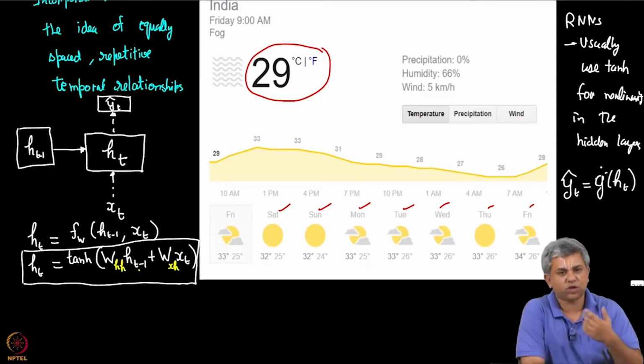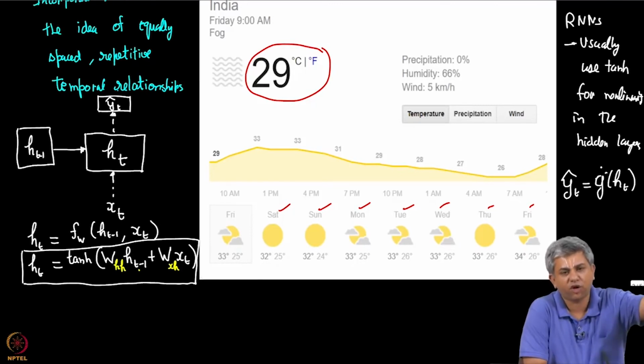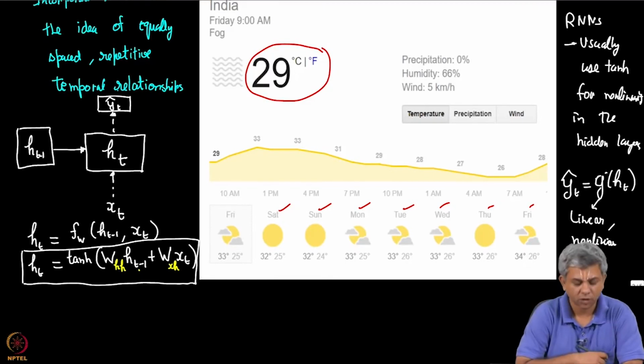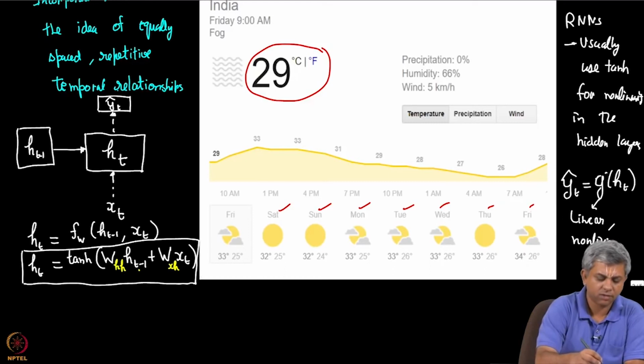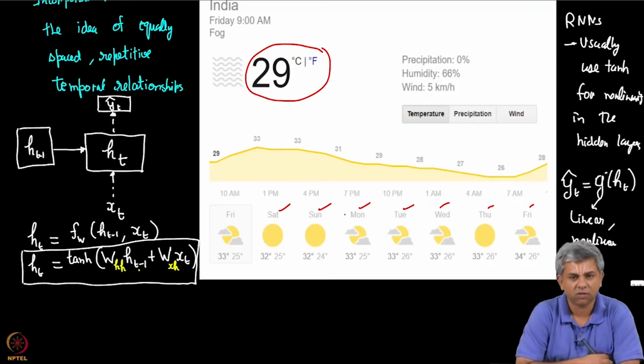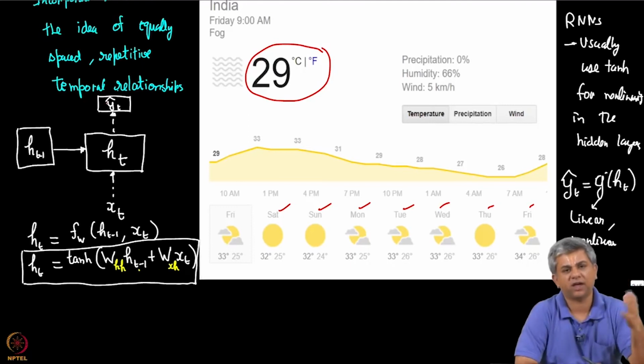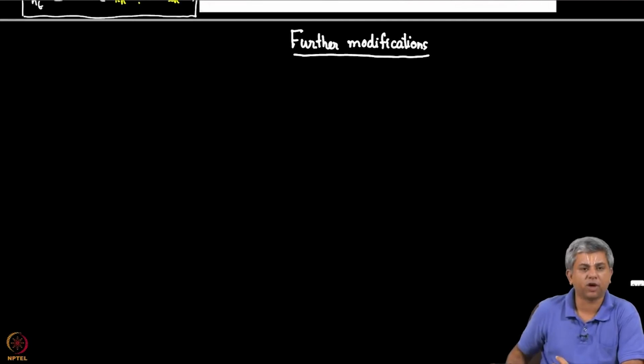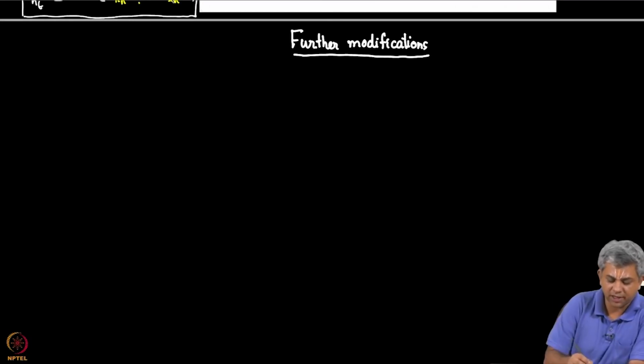Okay. And I will show you one example in the next video where we will have a fully connected layer with a non-linearity followed by a softmax. So, all this can be linear or non-linear, depending on what you want to do. Okay. So, in the task that we have chosen, if it is a single output, we would probably make this a simple sigmoid followed by a linear layer, something of that sort. Okay. So, let us do some further modifications on this basic example.